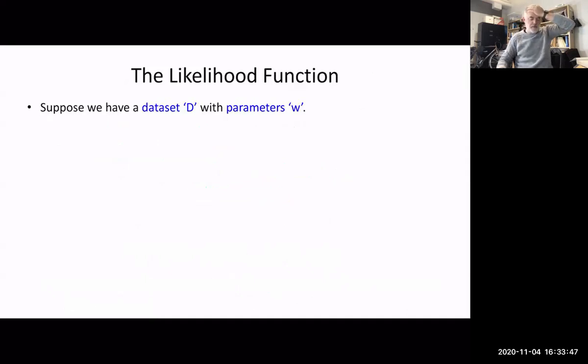All right, so suppose we have a data set. In this data set, it's going to be counts, it's going to be whatever, doesn't really matter. These are our observations, and this data set has some parameters and a model. We have a data set and a probabilistic model with parameters W.